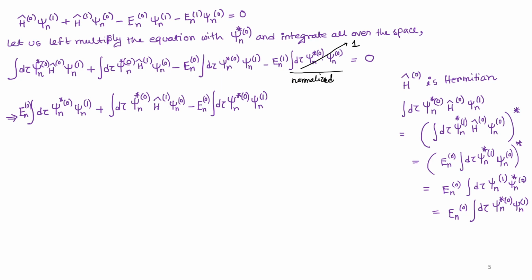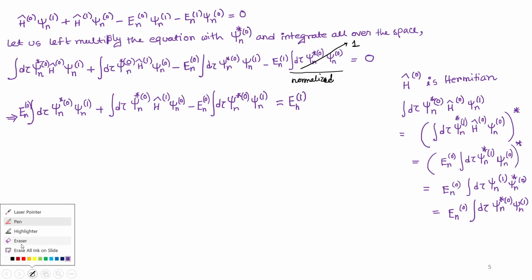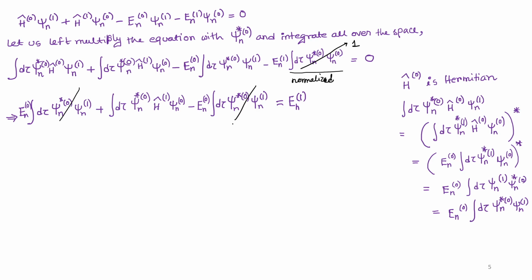And here, as we have already said, this part is normalized, so we are going to only have En1. So let me take it to the right hand side of the equals sign. So what do we have from here? What I said is, this first and third part are equal, so we'll cut them. So we are left with, so I'll take this thing on the left hand side, and this we have d tau